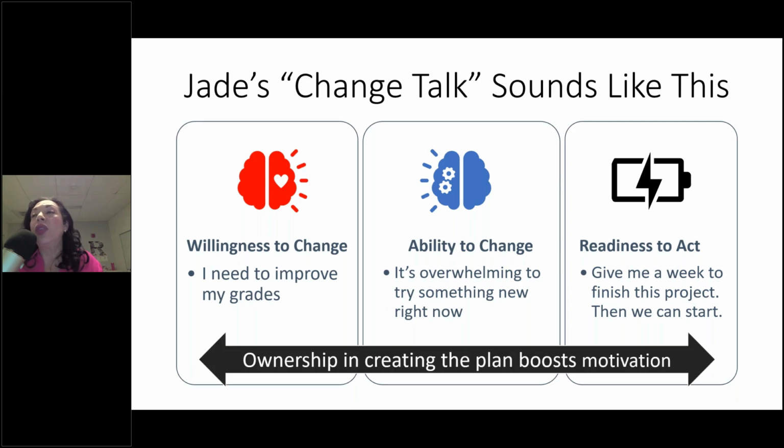As her readiness increases, we can expect her motivation to follow. The key here is meeting her where she is, addressing her concerns, and supporting her as she builds confidence to act. And this is where we shine in our profession, supporting, connecting students to resources, and helping them build up that confidence for that readiness to act.